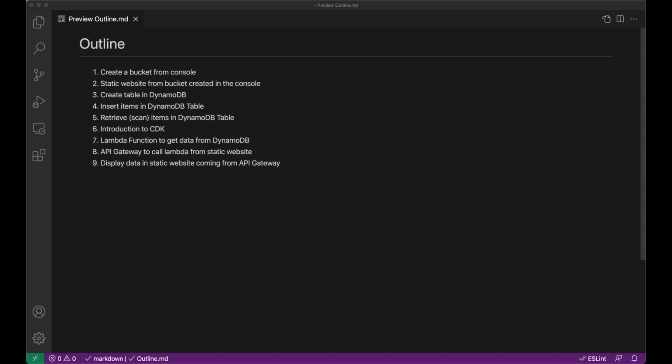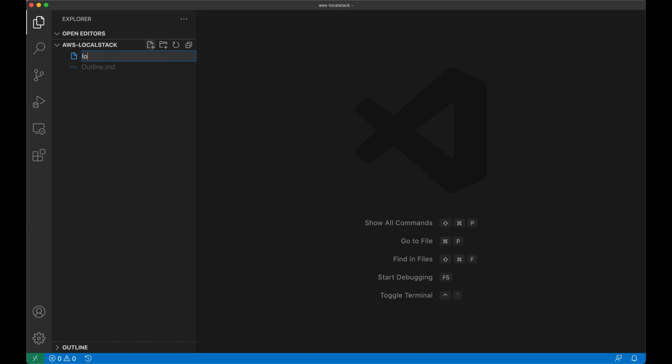So the first thing we're gonna see today, we need of course to have Docker running, and we need to have our Localstack instance running. So what I'm gonna do, I'm going to show you what is my current Localstack instance, what it looks like. So let's create inside our project a folder where we're going to put the Localstack configuration. So let's create a folder called Localstack. And inside we're going to insert the docker